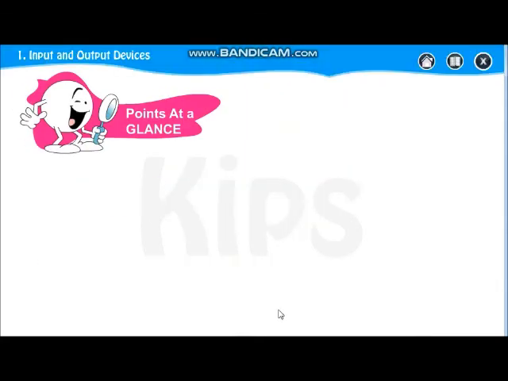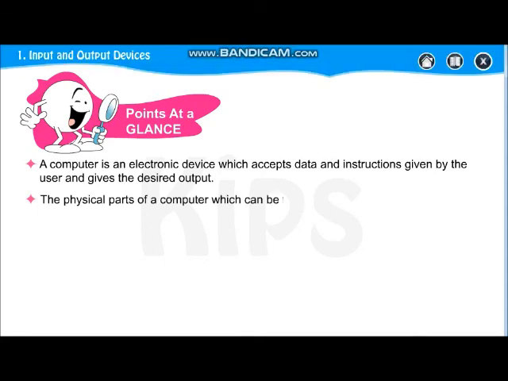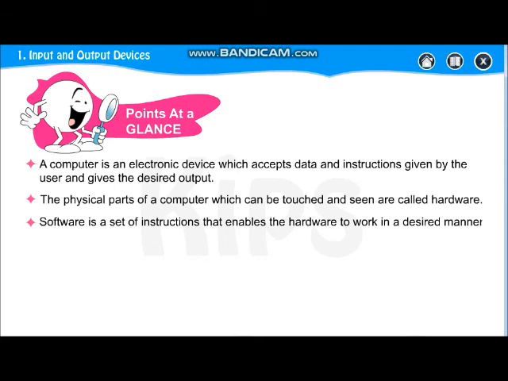Now points at a glance. Revise the points which we have learned in the lesson. A computer is an electronic device which accepts data and instructions given by the user and gives the desired output. The physical parts of a computer which can be touched and seen are called hardware. Software is a set of instructions that enable hardware to work in a desired manner.